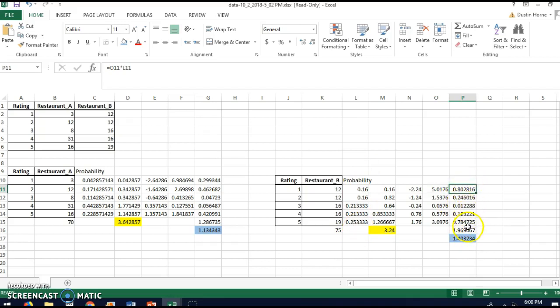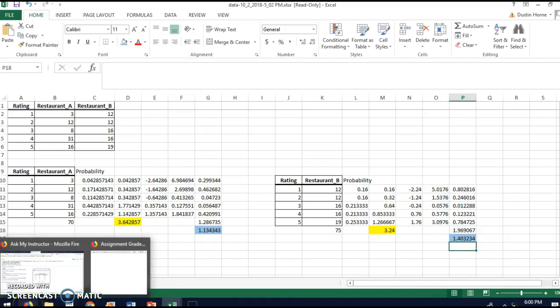Then you're going to add your probabilities up to get your variance, and to get your standard deviation, you're going to take the square root. And that is pretty much how you work these problems. You do one step